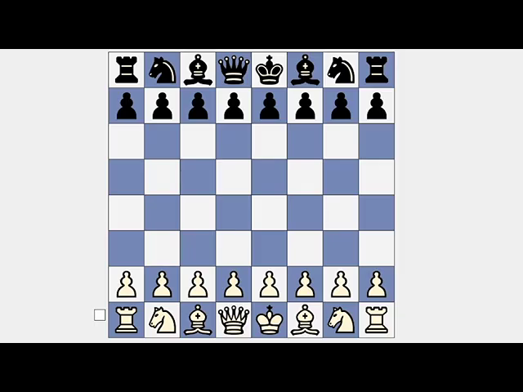Okay, so we will start. Today we'll look at the London system. The approach that we will follow is we'll try to understand the openings. Then, in that particular opening, we have to try and understand the middle game patterns and strategies. Then we have to look at the endgames that typically arise from such openings. That is the way to go about